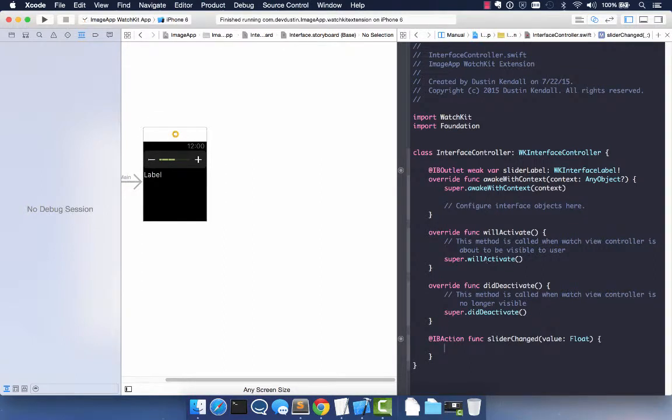So let's go ahead and set the label's text to that changed value. So slider label, set text. Let's do some string interpolation here, where the value that gets passed to us, we're going to set that as the text of the label. Let's go ahead and run it